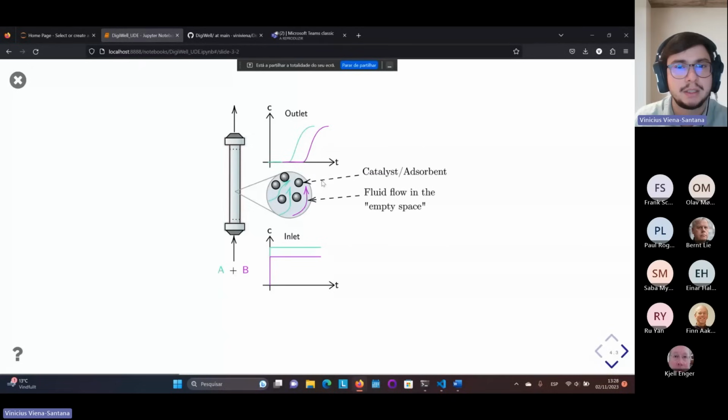One of the most important quantities in these systems is what we call the uptake rate kinetics, which is basically telling us the amount of moles being transferred from the fluid phase to our adsorbent. As you may imagine, the greater this number, the more time it will take for a substance to go out of the column. So that's a very important quantity in this system.